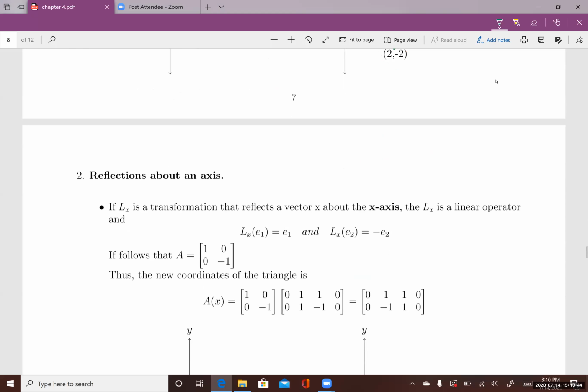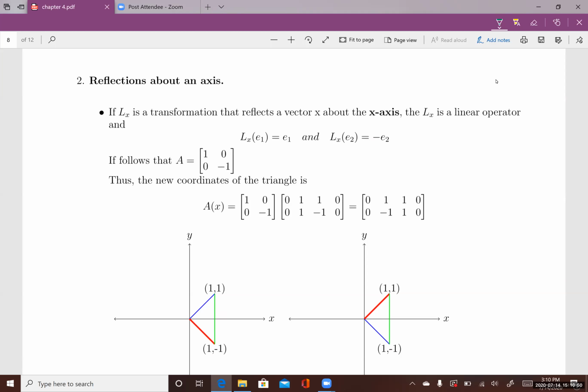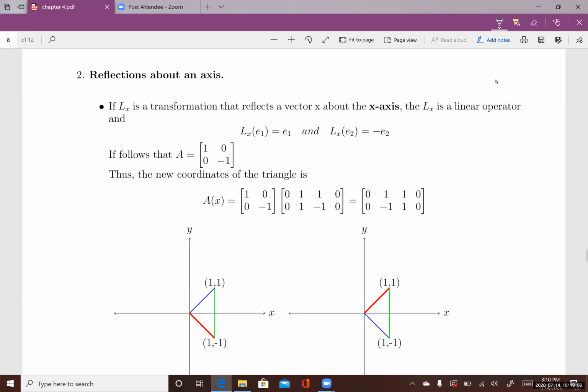The next one is reflections about an axis. You have a triangle, right? You want to reflect this over the x-axis, or you want to reflect this over the y-axis. Again, you want to use a linear operator. We can find the matrix: as you apply this map onto the unit vector e1, you get e1. And if you apply this map onto the second unit vector, you get negative e2. If you want to reflect a vector or a graph